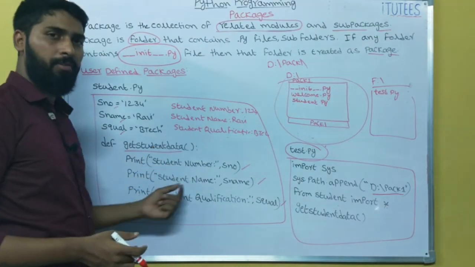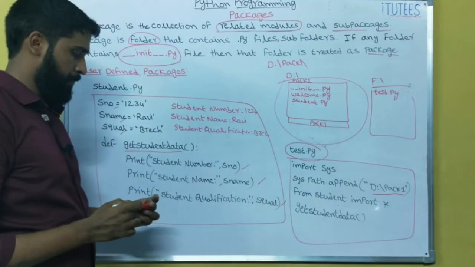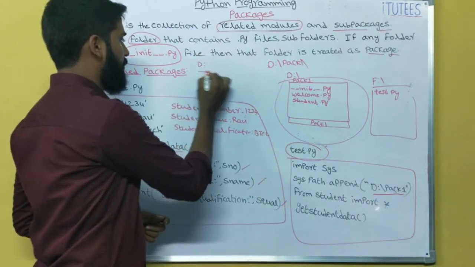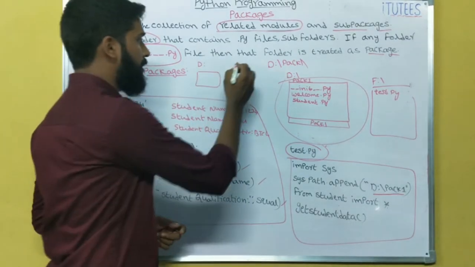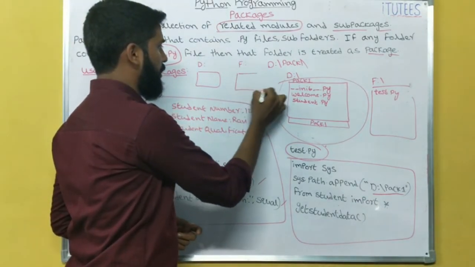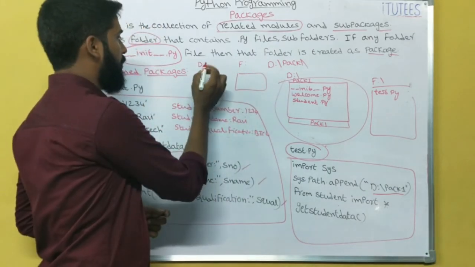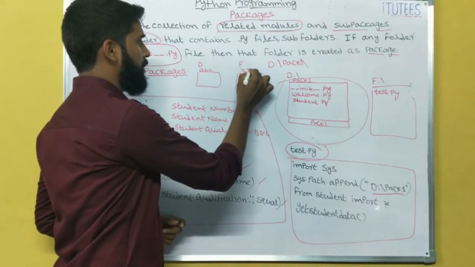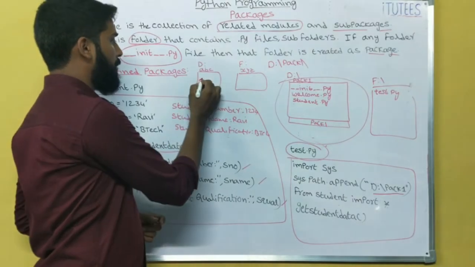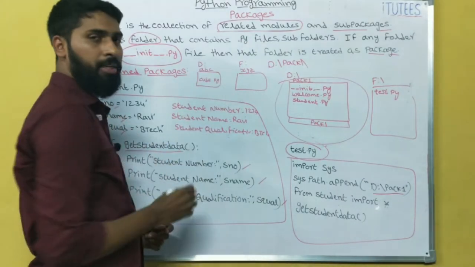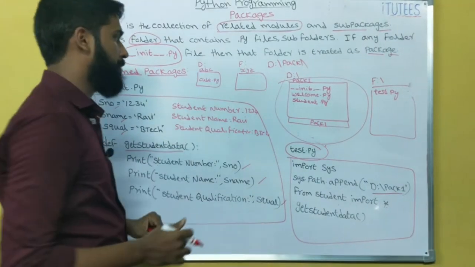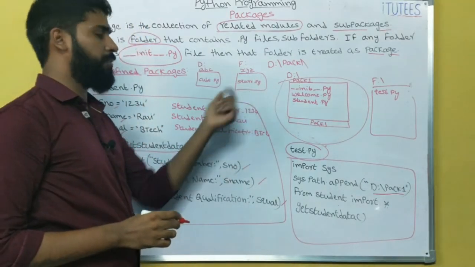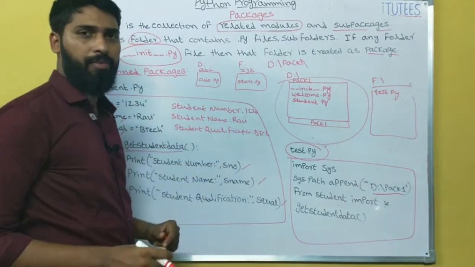So all these programs we can see practically. Okay, we see another program. In D drive we are going to create one folder. In F drive I am going to create another folder. This folder name is ABC. This folder name is XYZ. In this folder I am going to write one cube.py. This module is used to find the cube of a number. So this square.py module is used to find the square of a number.